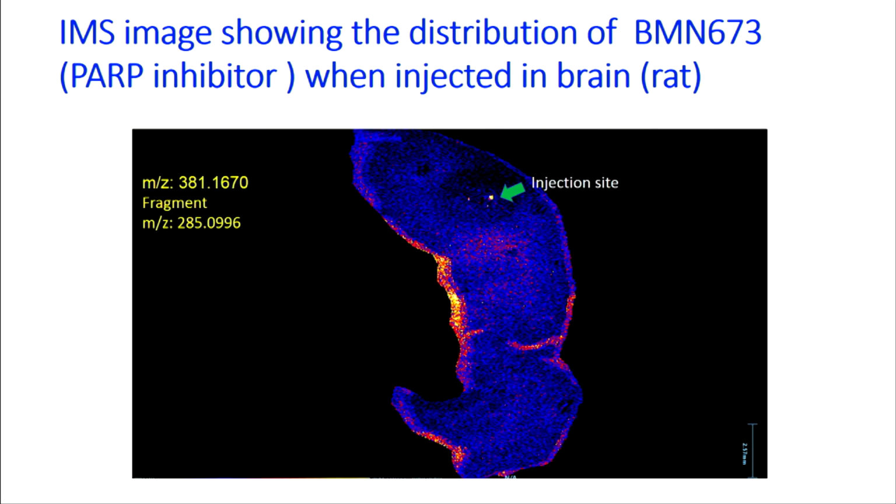And again, I apologize, you cannot see here. This is an IMS image showing the distribution of a particular PARP inhibitor that we're doing at Yale here when we inject it at the brain. And you can see here is the injection site into the rat brain, and you can identify the molecules, how this is essentially a drug distributed with nanoparticles, and then you can see the release of this drug